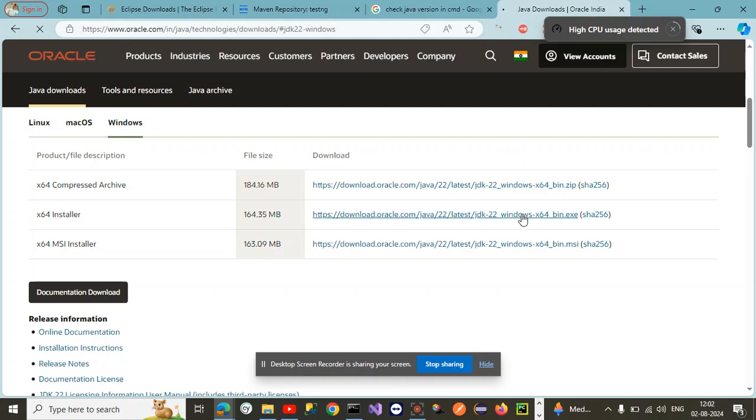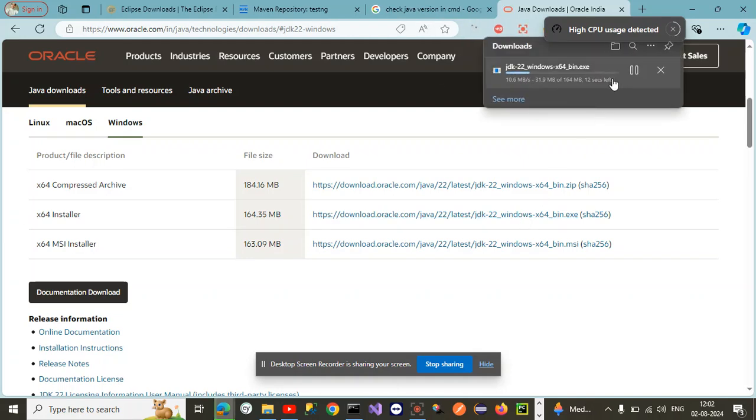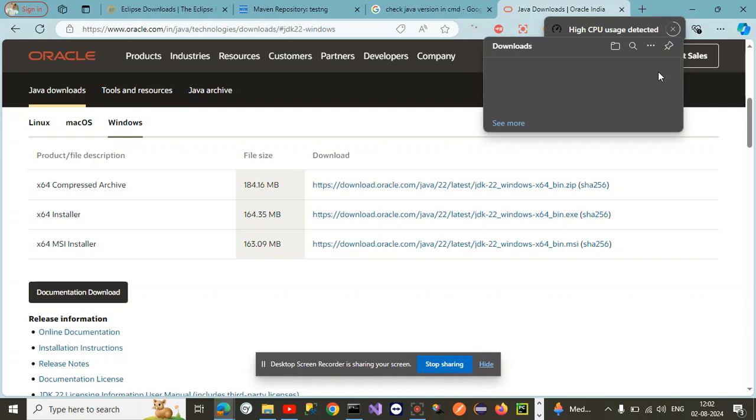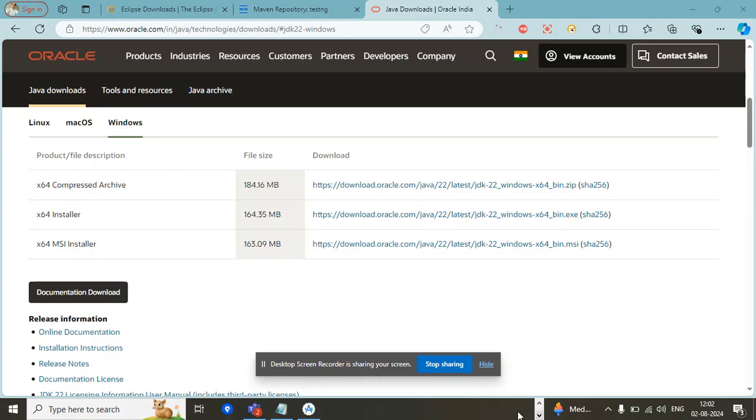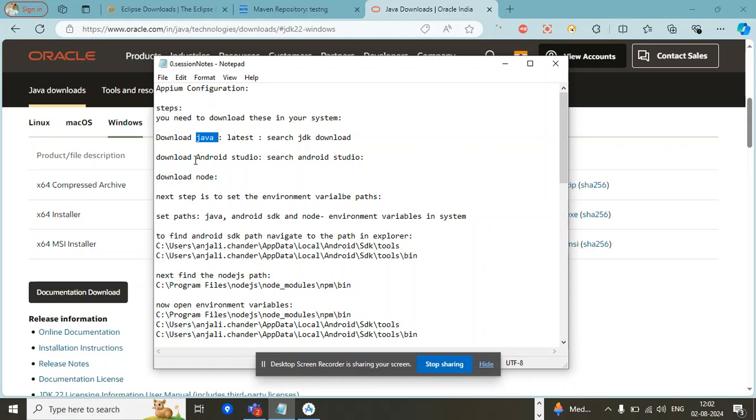Just click on it and your download will start. I'm canceling it because I have already installed Java. Just follow the steps to install Java. It's not that difficult.